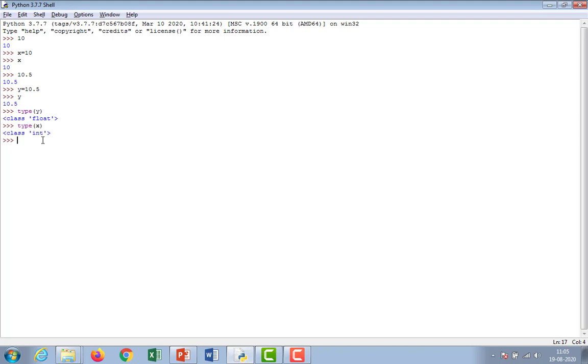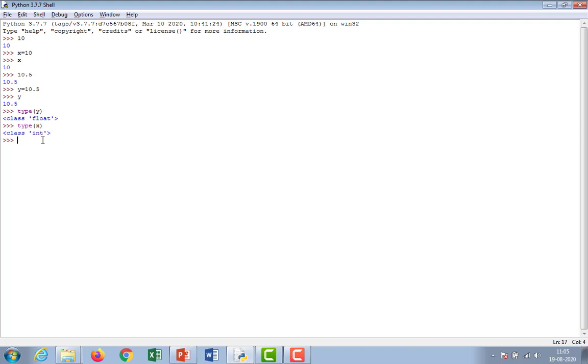Integers in Python: there is effectively no limit to how long an integer value can be. Of course, it is constrained by the amount of memory your system has, but beyond that an integer can be as long as you need it in Python.